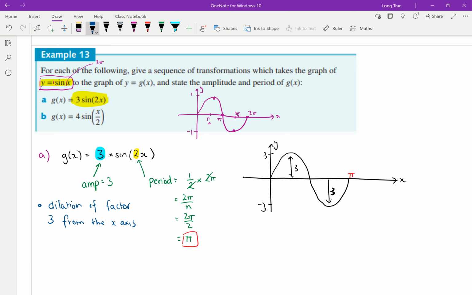Because you're stretching it vertically, yeah? So you're moving it up, moving it down, so you're moving away from the x-axis. True? Okay, so that's why we say from the x-axis. And the other one is then a dilation